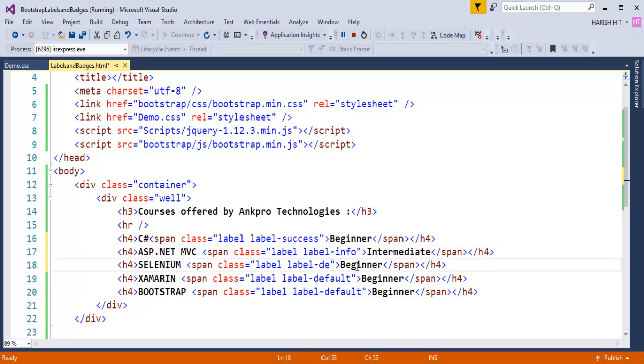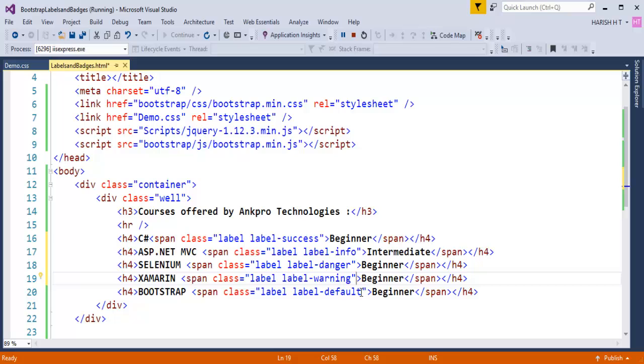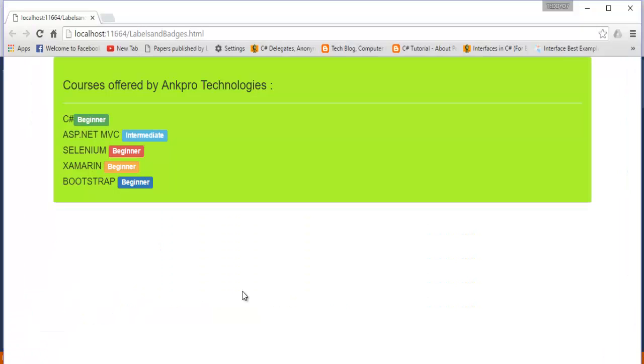and this is danger, and this is warning, and I have left with the other ones, info, success, primary. Let me go and add that primary, Control S. When I go back and refresh, okay, currently you can observe the respective classes which I applied,